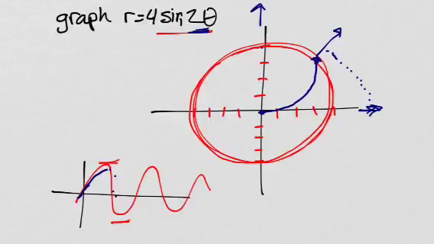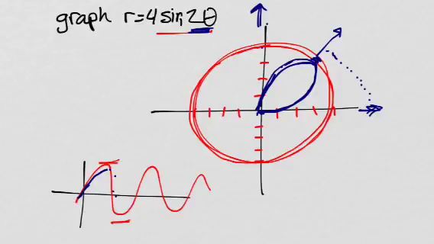Now, where is it going to hit 0? Well, remember, the sine function hits 0 at 180 degrees, but we're doubling our angle, so when we plug in 90, we're getting the sine of 180 degrees. So it's going to be at this angle, 90 degrees, that we're back to 0. So we're going to keep on going along and just kind of going down. So we get this kind of, well, pedal shape, maybe. It's kind of got a curve to it, goes out to a distance of 4, and then kind of curves